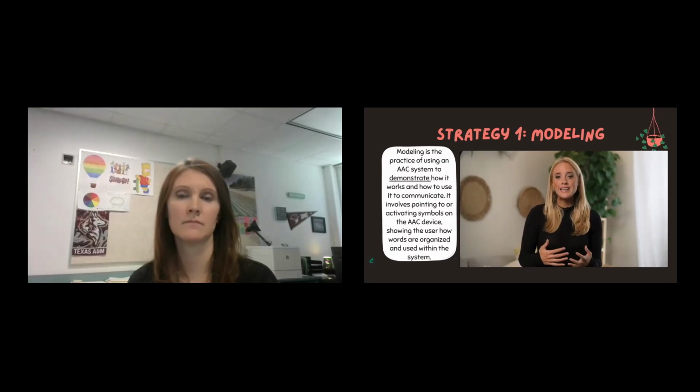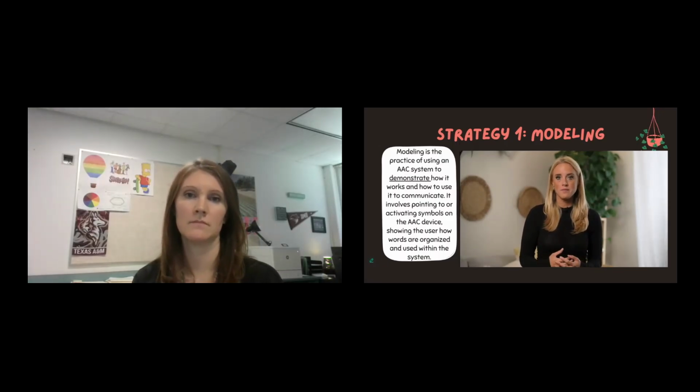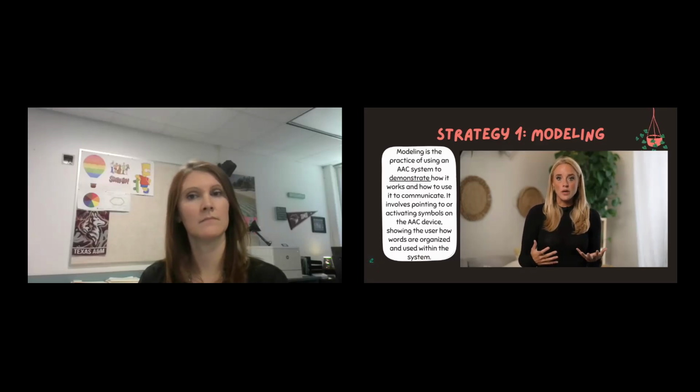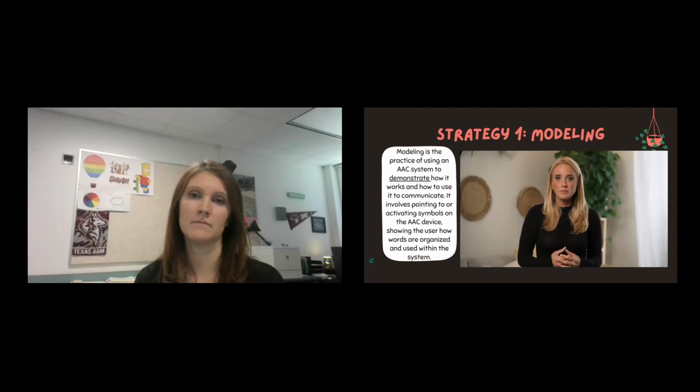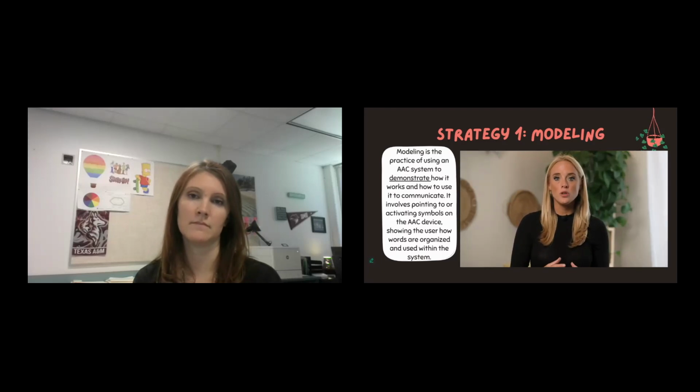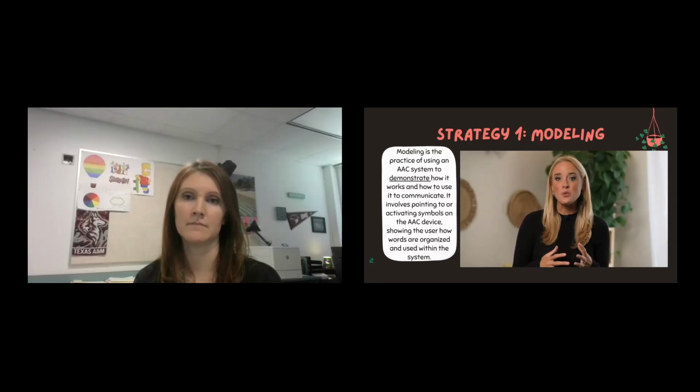First, we need to find a highly motivating word to practice. This should be something your child is really excited to talk about. For example, this could be the word go if your child likes movement, or the word eat if they're really motivated by food. The next step is to model this word on the AAC system by pressing the button as you're talking about it. You could say something like, "It looks like you want to go outside," all while modeling go on the device. Pick one or two routines to start modeling this word, and then you can expand to